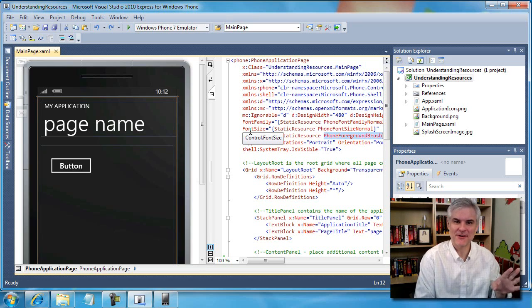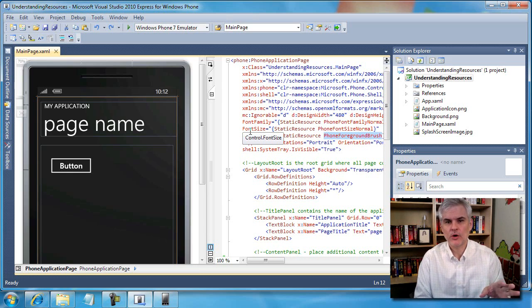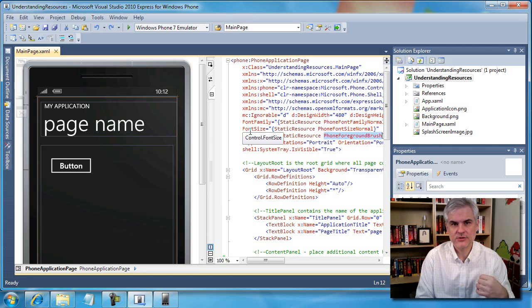Okay, but second and more importantly, for our purposes here, by default, your applications are going to use the user's theme selections whenever they choose it on the phone, as we looked at on day one. This lesson is going to explain how that all works and how to utilize the user's chosen colors within your application. Then we're going to look at how to break the rules and choose your own colors and fonts and other settings. And then we're going to look at, more importantly, how to combine collections of custom settings that you've created into styles that can be used either on a single XAML page or across your entire application